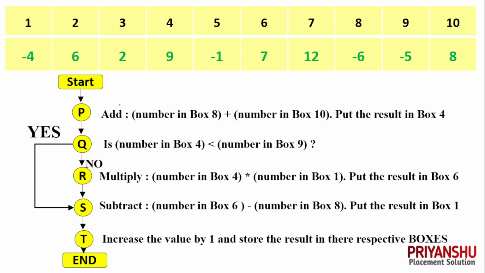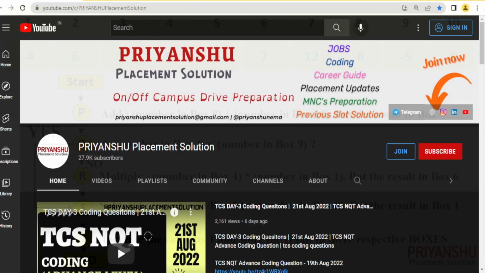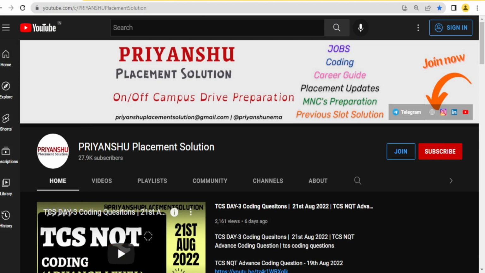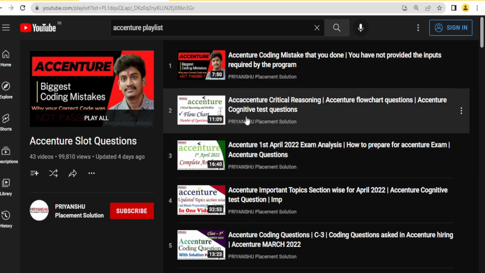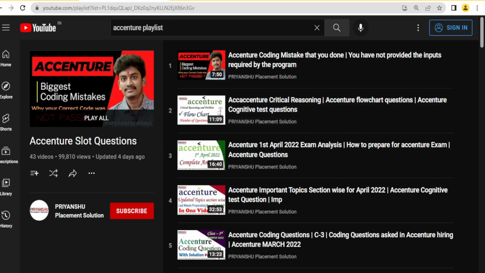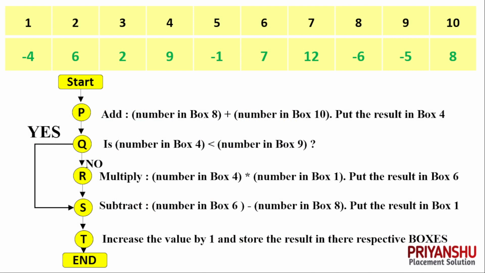So this is basically a flow chart question. As I have already discussed in one of my videos, in one separate video I have made on this question, flow chart. In that one I have discussed this question in great depth, right. So let's see how we can solve this question, right. So let's see. It starts from here.